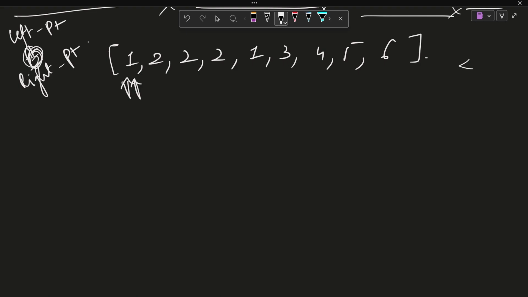And once any of these pointers exceeds the size of this array, then at that point we will just come out of the loop and stop our computation. So initially this is the left pointer, this is the right pointer, let's say. Both of them are over here only, and in the map